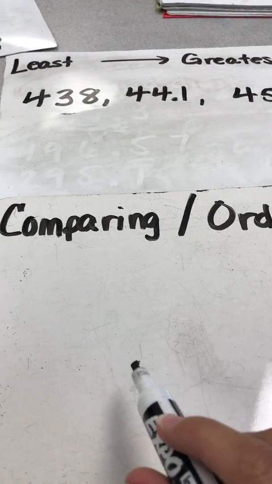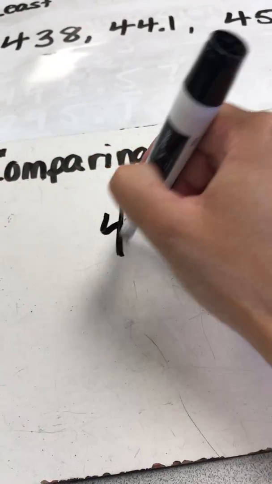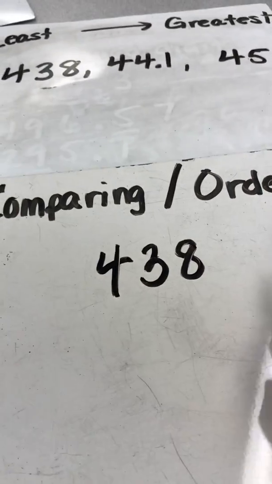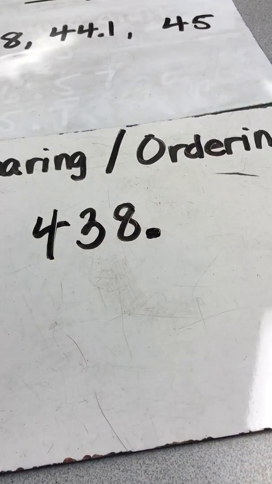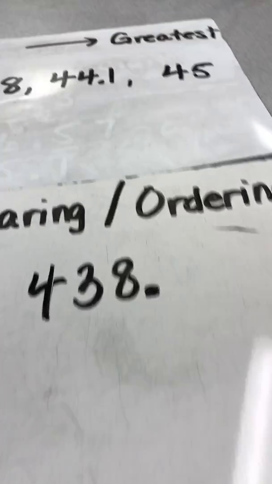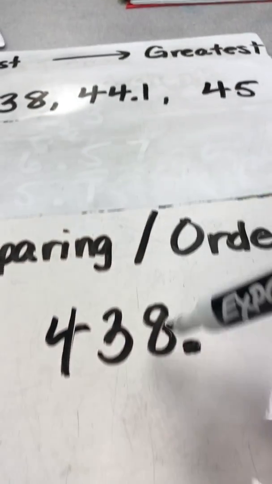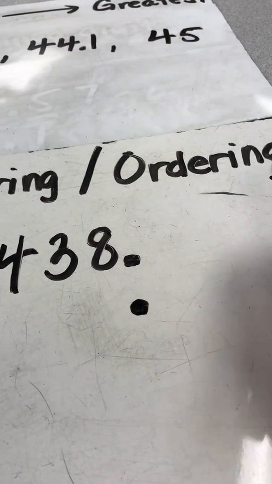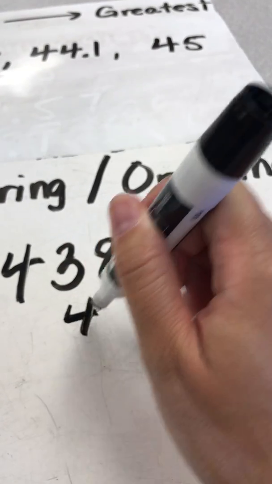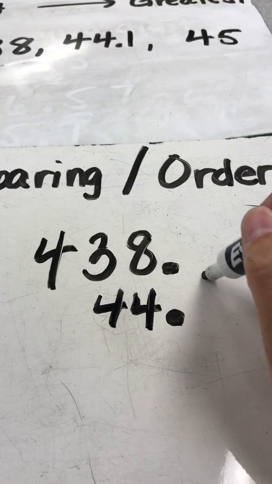First thing I'm going to do is line up my numbers. I have 438. I know anytime I have a whole number that the decimal goes at the end. So that will help me line up my other digits for my other number. I have 44 and 1/10. My decimal is going to line up exactly with the decimal from 438. So my 4 and my 4 go in the tens and the ones place, and the 1 goes in the